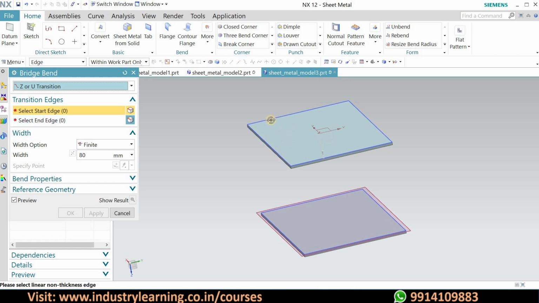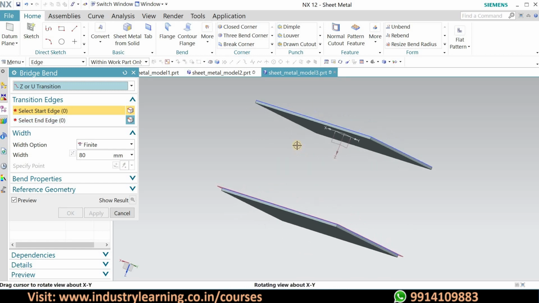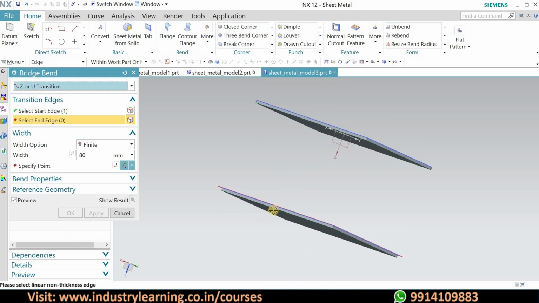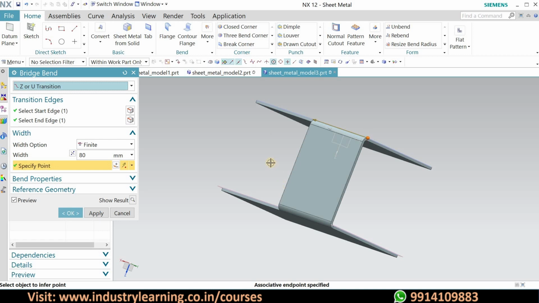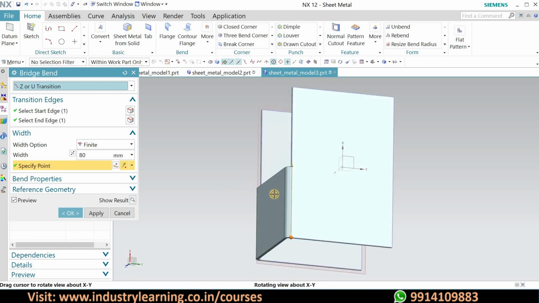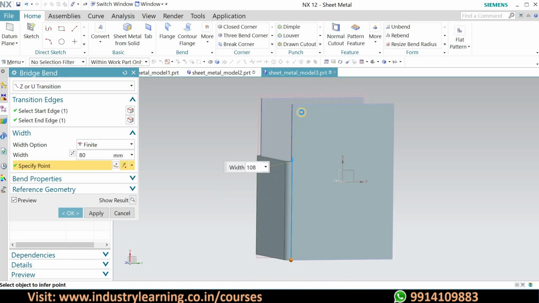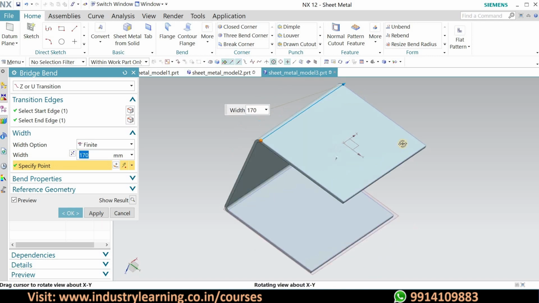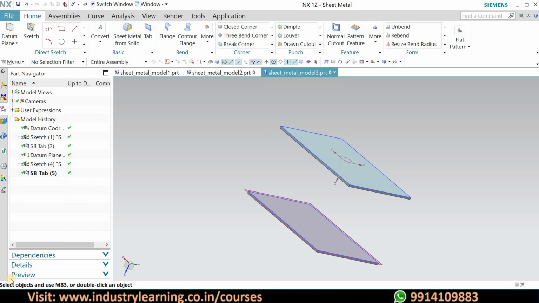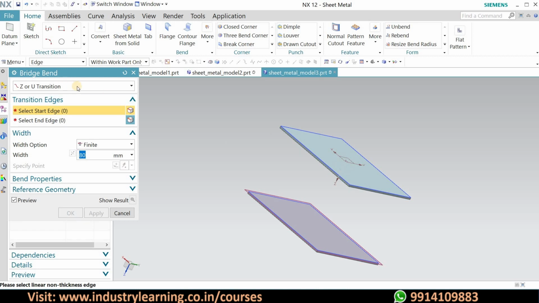For that again we will select these surfaces, and the next one, that is this surface, and the specify point will be this one, and here we can see that this is somewhat different, and this is the U type.